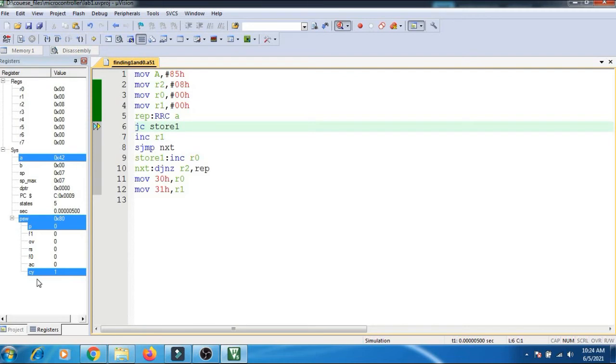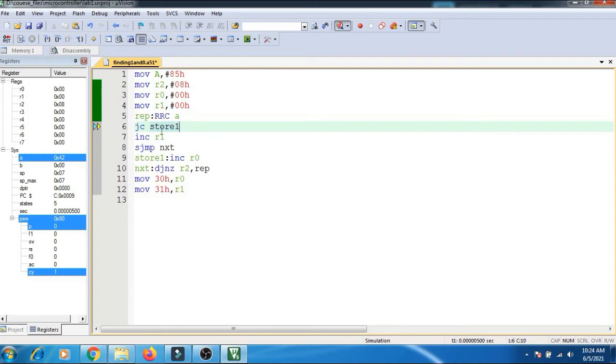But after executing this instruction, only the carry flag is set. Okay, but we need to check the carry flag to find out, because the control will not be knowing whether it is 1 or 0. For that we are using this JC instruction. Okay, so it checks a single bit. This is a bit instruction. JC is the bit instruction. It will check if this condition is true, then it comes to the label mentioned here. That is, okay, I'll write this one as store once. Let it be the same, store 1 only.